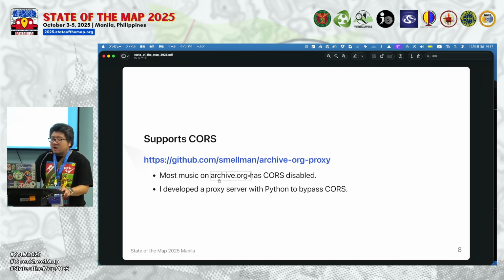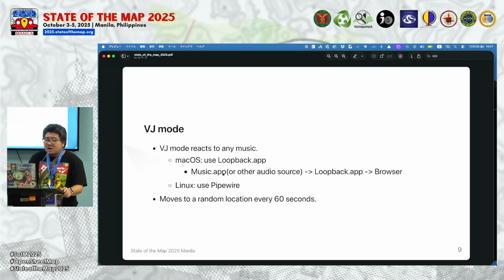Music on archive.org has CORS disabled, so I developed a proxy server with Python to bypass CORS. Also, I made a VJ mode. The VJ mode reacts to any music.